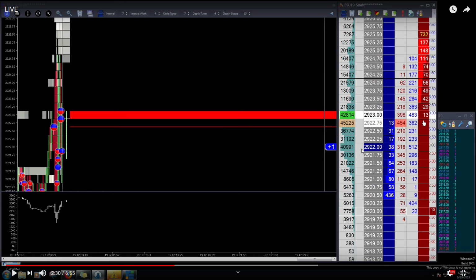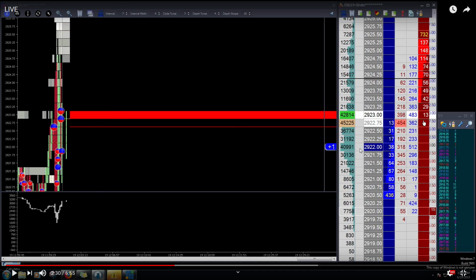I get in, it fills me, and it doesn't even go against me one tick. What a fantastic entry, okay? And don't think I'm a pro because I pulled that off. Sometimes that doesn't happen. But I just knew that was an area. Again, high volume